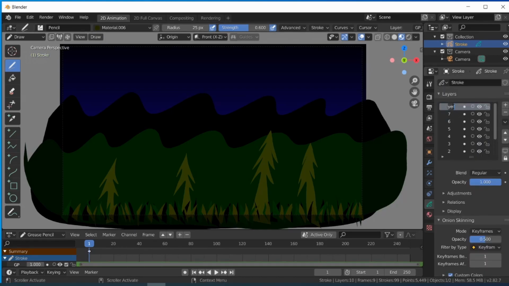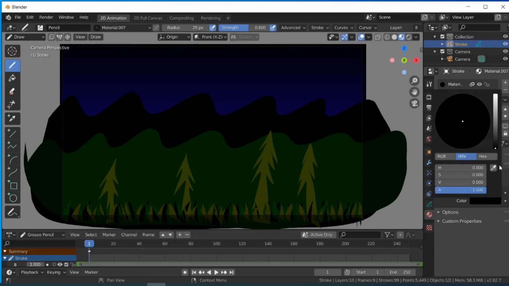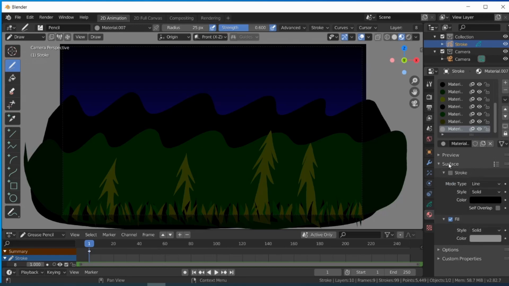Then I create the last layer with its own material property. I use the color gray, and with this color I draw my stars. I try to draw them totally randomly. Well,